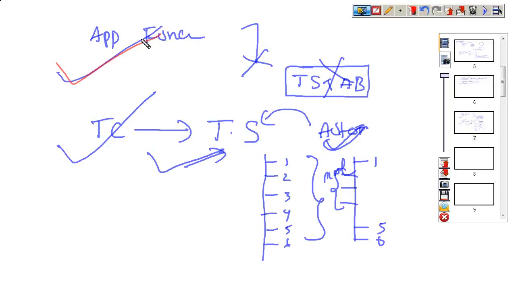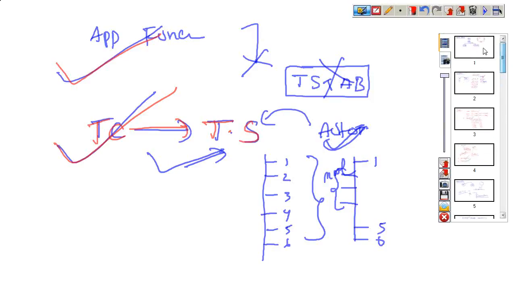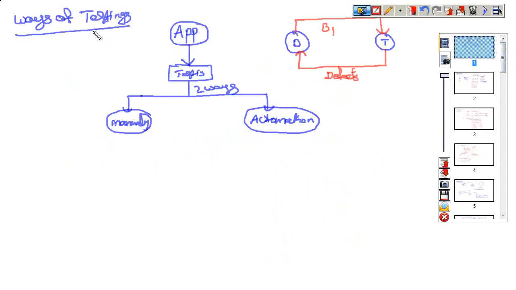And second, whenever most of the steps of a manual test case need to be implemented manually, we can't recommend automation. So this is the topic we are discussing now, ways of testing.